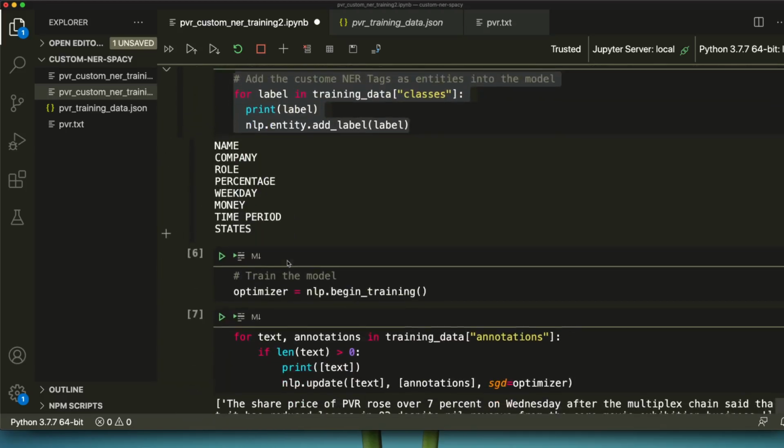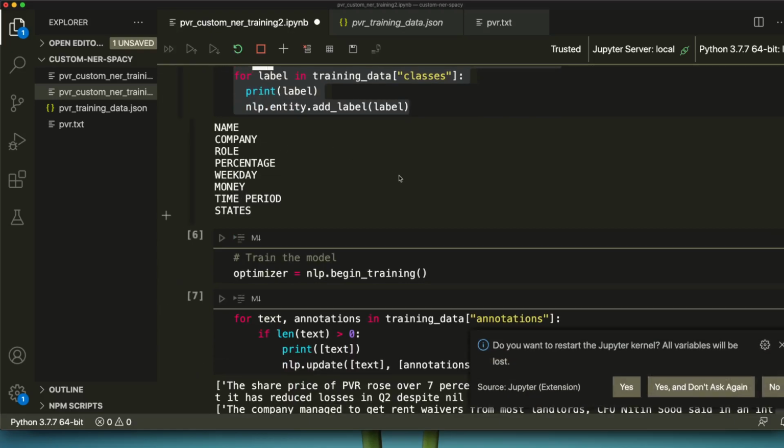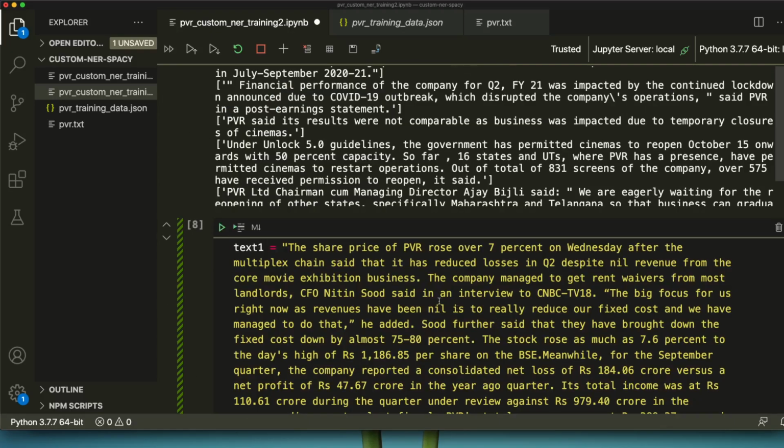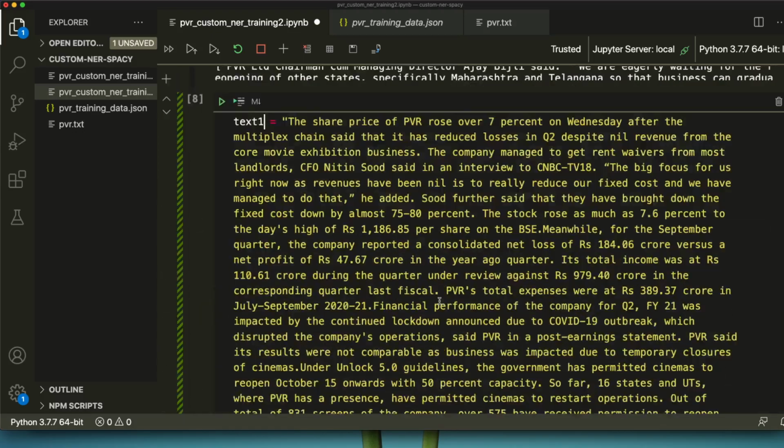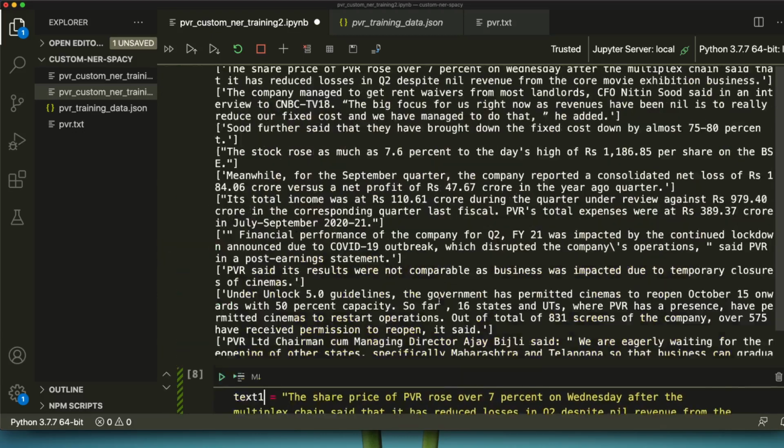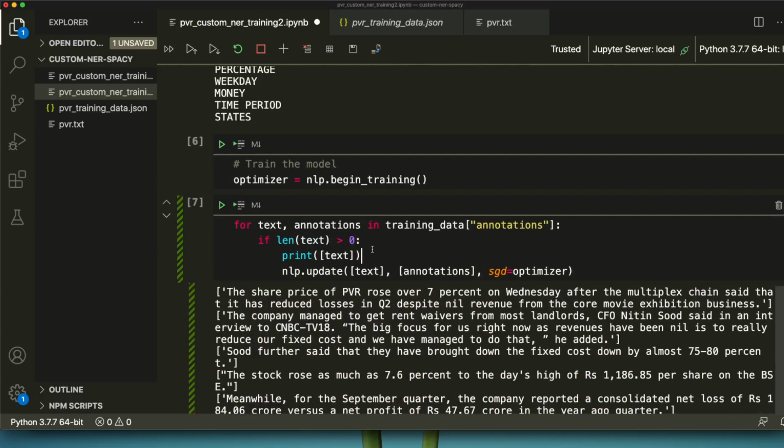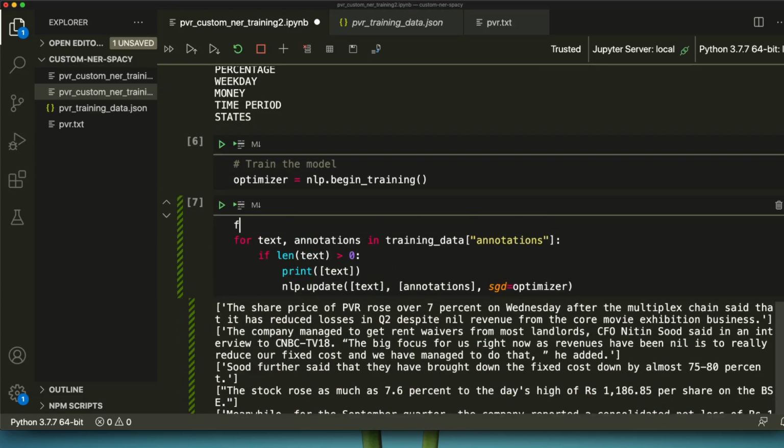So the model training is completely done. Sometimes, if the training is not enough, we probably need to train it a little bit more number of times. So, let's say, for iter in range of 50, let me train the model.